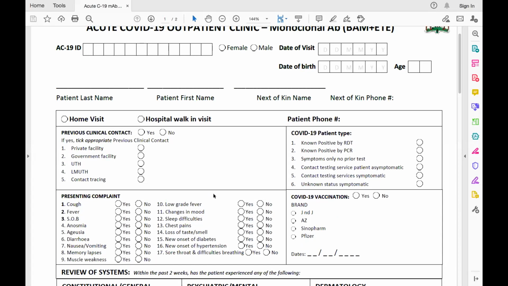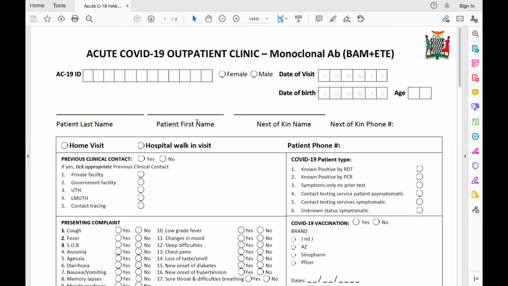Okay, Uchizi seems not to be connected; once she indicates that she's connected, we'll definitely call on her, seeing she's on the ground. So this is one of the forms that is being used, like earlier mentioned by Sombo. As we get these monoclonal antibodies, we are supposed to get these forms as well, and facilities are encouraged to print, even locally. These forms have been shared with all provincial pharmacists and the pharmacy leads within facilities.